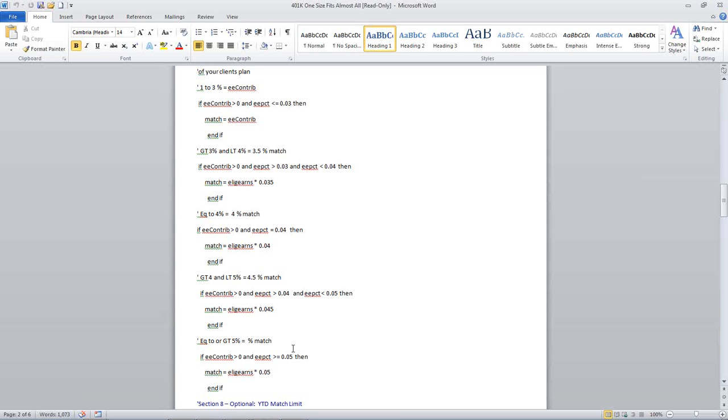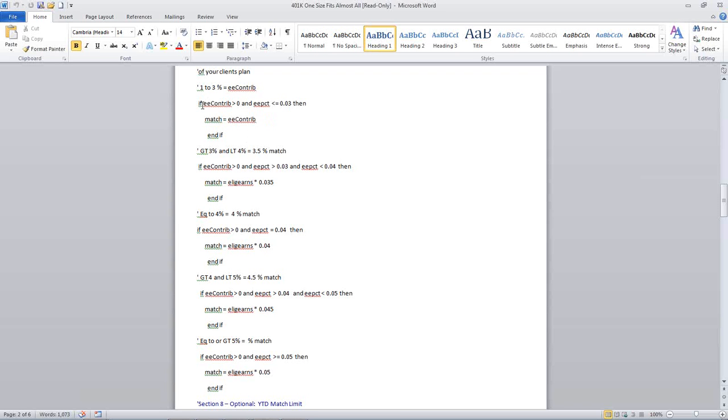Most often, or the most common, 1 through 3%, they usually match 100%, and a lot of them are 4 and 5%, match half of that, and then anything over 5% gets matched at 4%. So there's a bunch of limits on that. So as you're dealing with what people are asking you, you have to work out a table that is reflective of what they're asking you to do. So you may have to alter these, eliminate some of them, and change some of them.